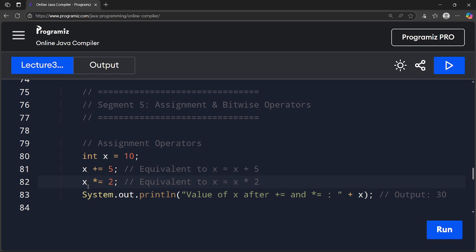In this case, x *= 2. What this means is that the value of x is now x times 2. Now, how is this going to work? Since x += 5 means the new value of x is x + 5, so 10 plus 5 is 15. Now, considering the value of x is 15,